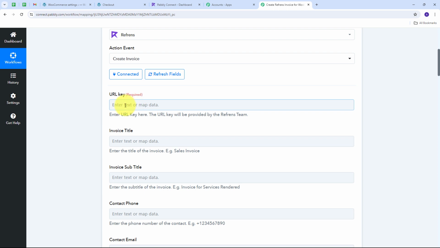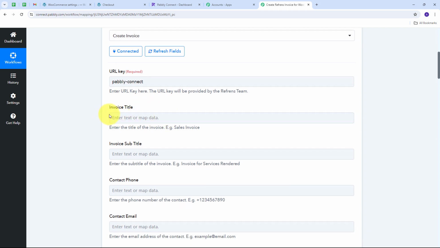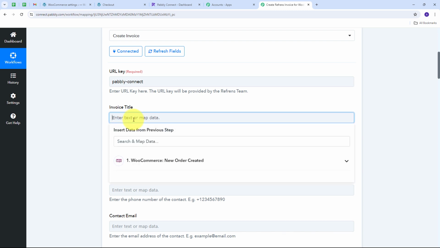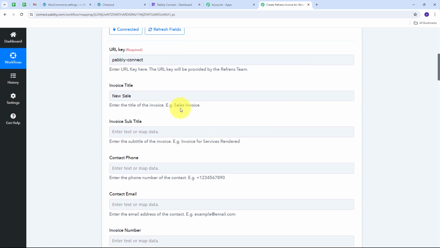and now I need the URL key. So this URL key is also going to be provided by the Refrens team. So you need to contact your Refrens team for all these details. So I'm going to fill my URL key here. So this is my URL key. Now I have to give my invoice title. So here my invoice title is going to be New Sale, and I'm going to scroll down,